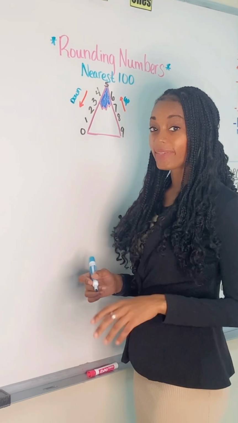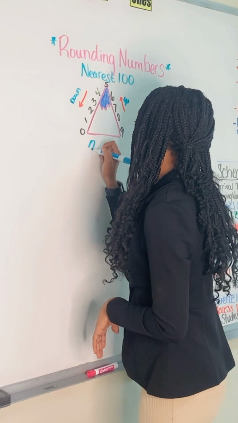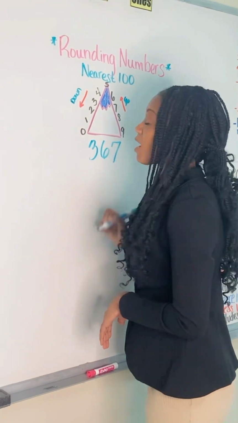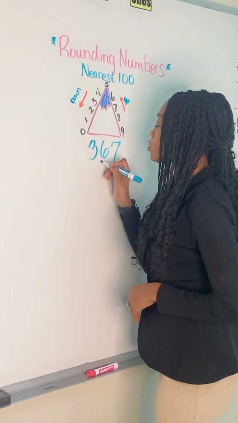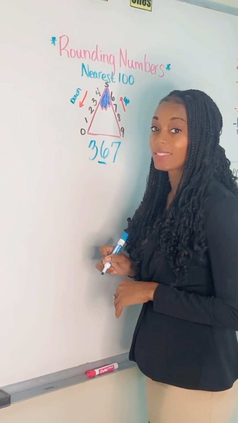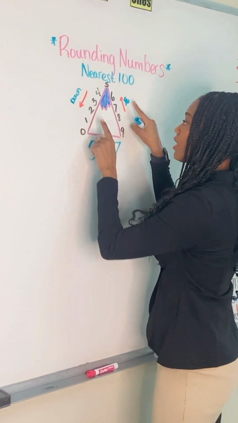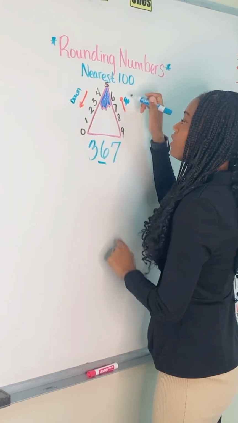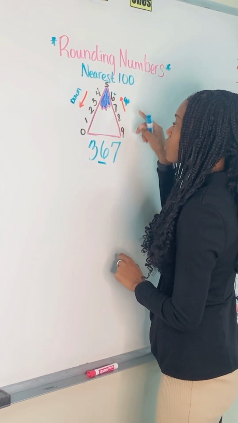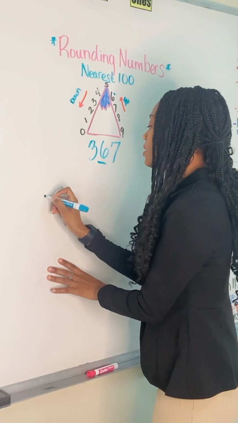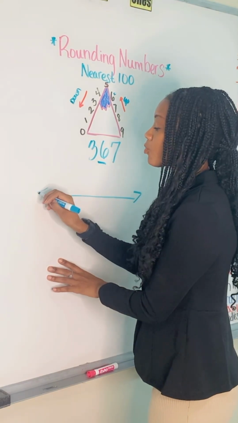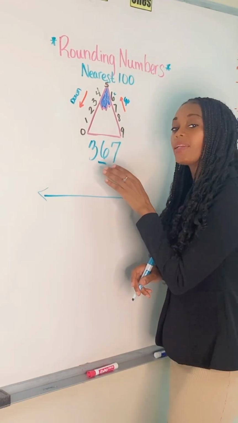All right, let's try our last one. Say we have the number 367. Again, we are more concerned with the number that's in the tens place because that's going to tell us if we're rounding up or down. So I see my number 6 here, so I know I'm going to be rounding up. Nonetheless, I'm going to go ahead and draw my number line. I'm going to then ask myself,